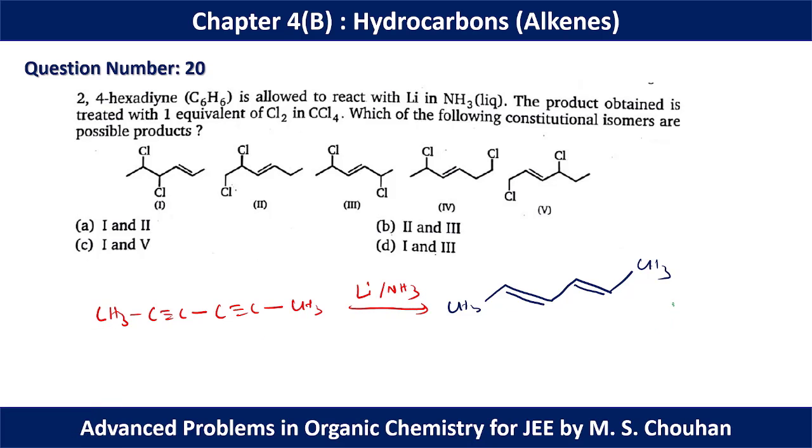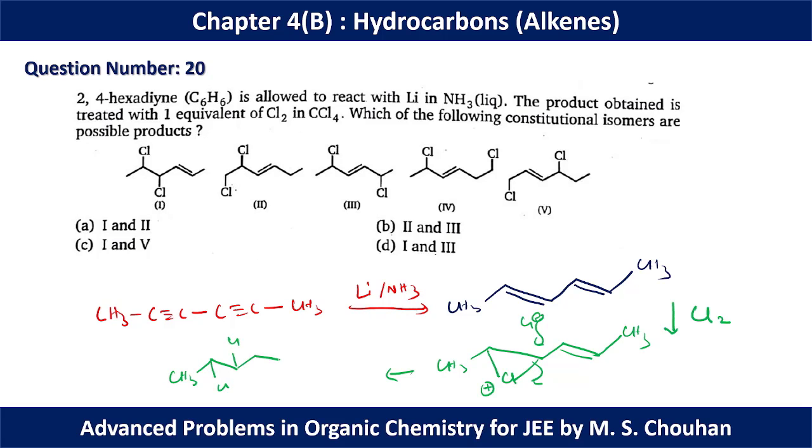Now if we involve the chlorination reaction, initially we can go for this kind of situation. We have a cyclic chloronium ion, and the second nucleophile will approach this or this position, and we are getting this kind of product, CH3, Cl, Cl, CH3. So this is basically product number 1.